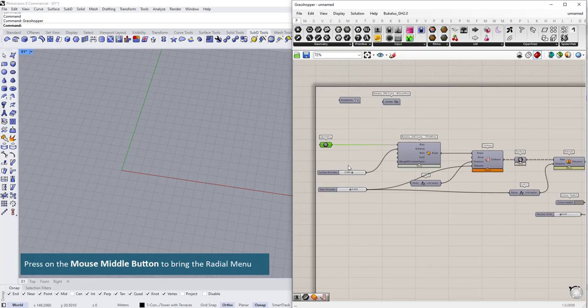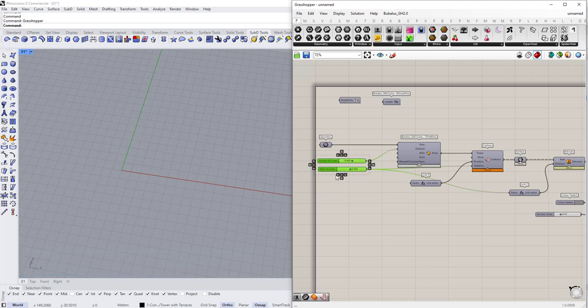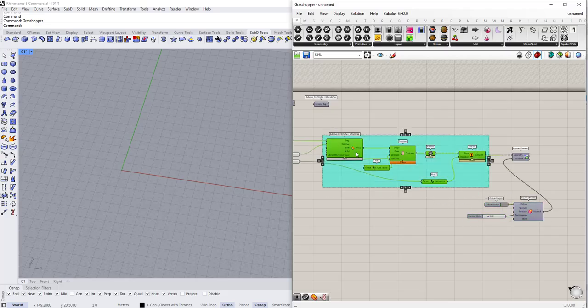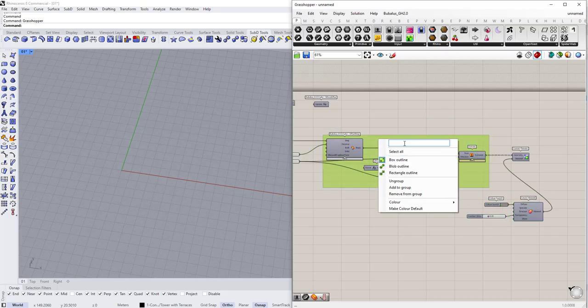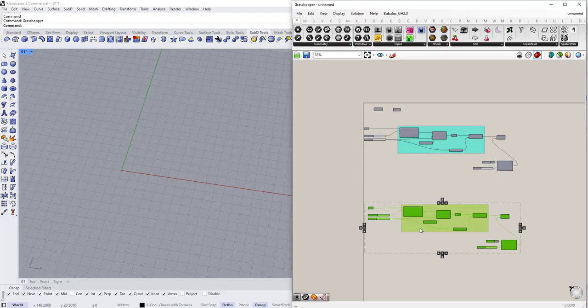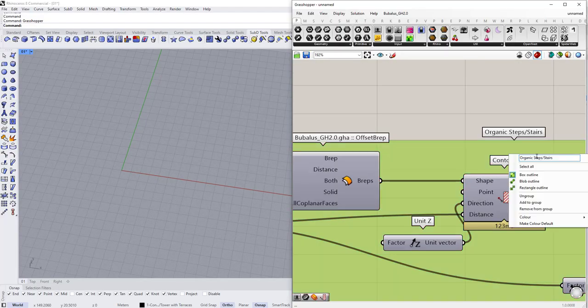Select everything, and we can start organizing the script a little bit. So select all this and let's align them here. And let's select all this and press Ctrl G to group it. And let's name this group organic stairs, organic step / stairs. Let's select everything, press Ctrl C, Ctrl V. And for this one, let's name it